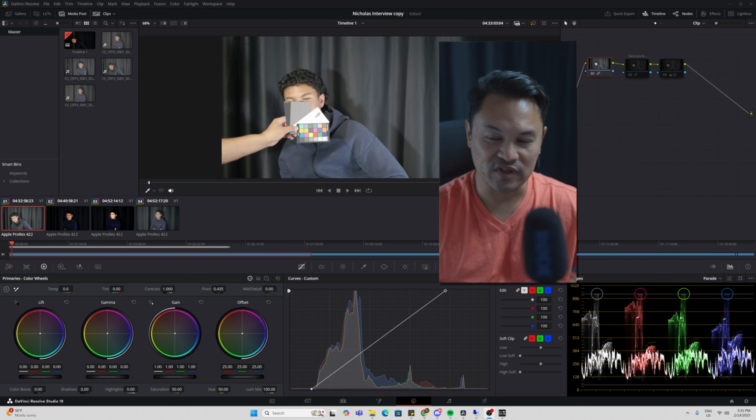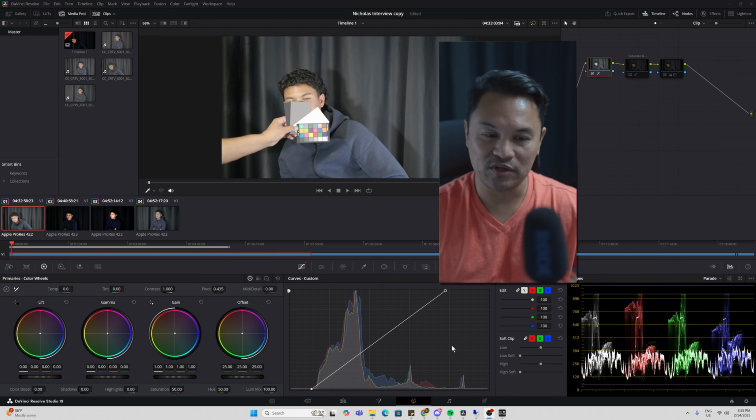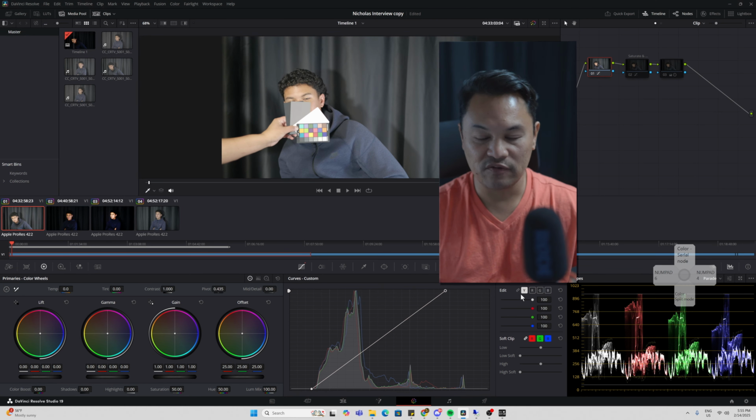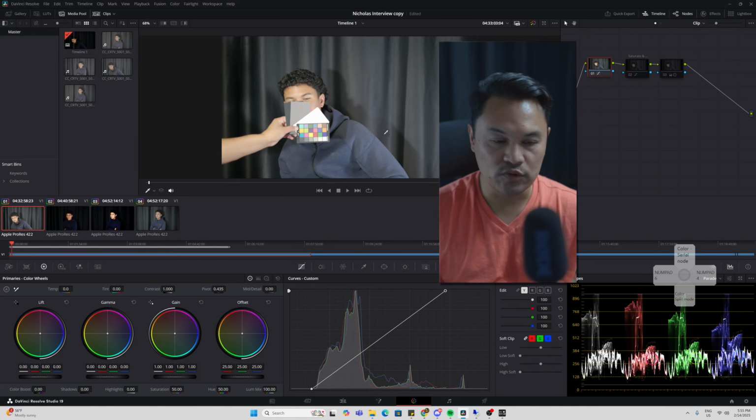Once you use the sampler, you can see the scopes moving around on where all of your color is. But in this particular scenario, we now see that you've got all this color down here that is out of bounds, but it's not going to be used in the clip because we're just using it for testing purposes. So the first thing you want to do is unlock the RGB from each other. Find anything in the scene, if you don't have a white card, that you know is white, sample it,